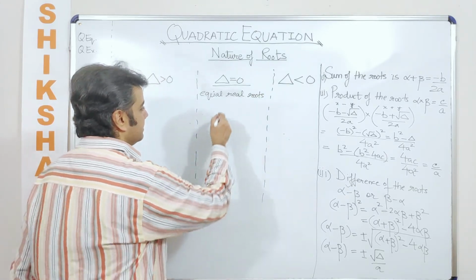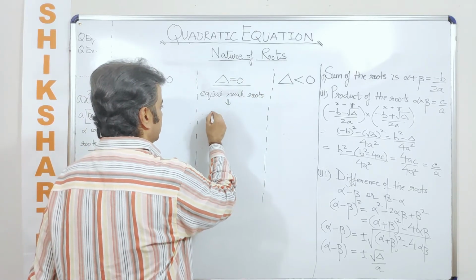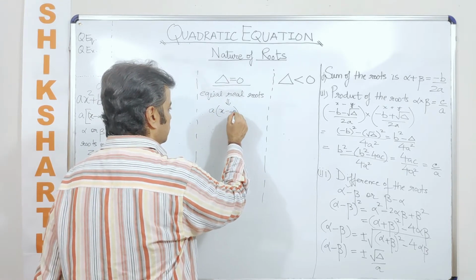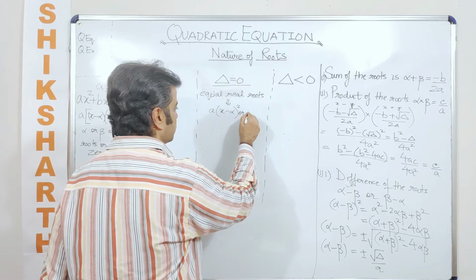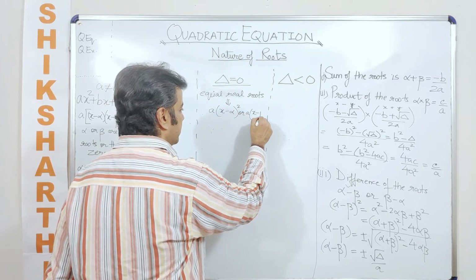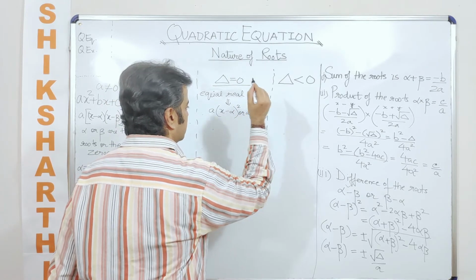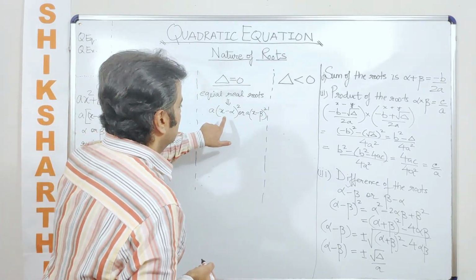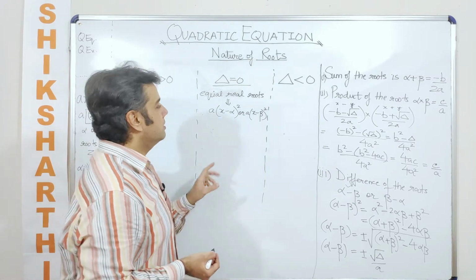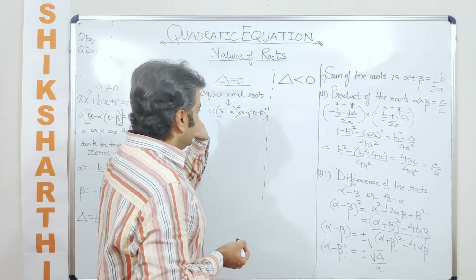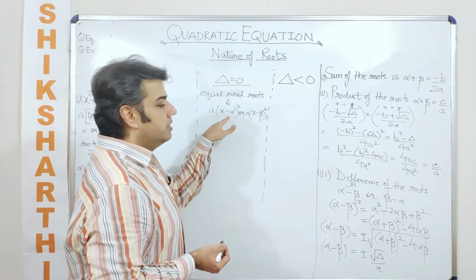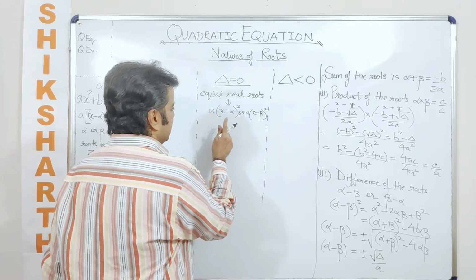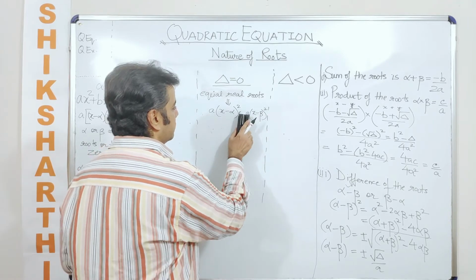So now in this case the equation changes to what? The equation changes to a times of x minus alpha whole square or x minus beta whole square, but a will not evaporate. This is how you write down the equation. This is how you write down the quadratic expression having real factors. Now when I talk about real roots, in that case this has to be equated to a 0.